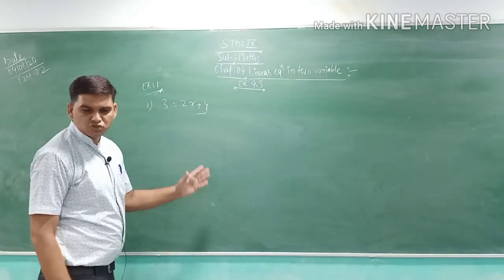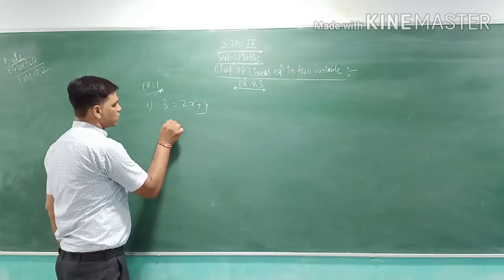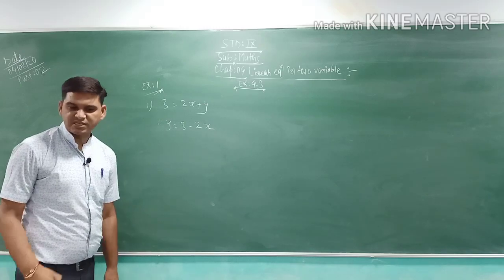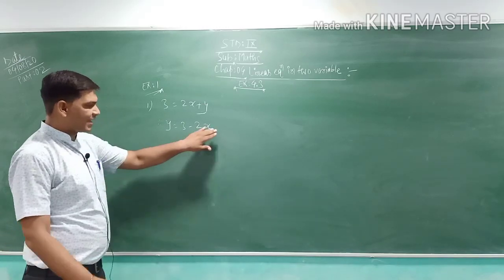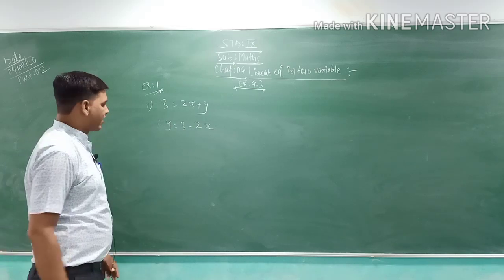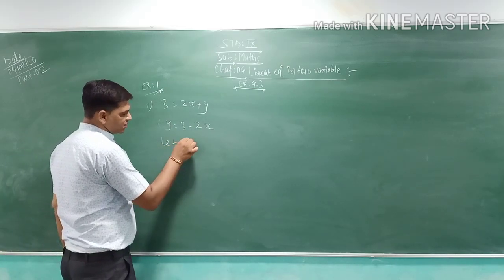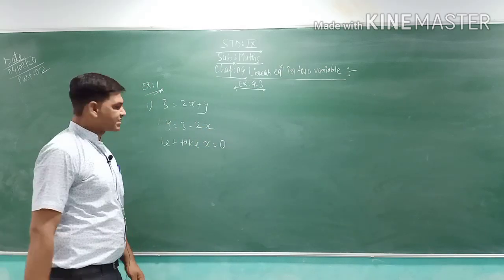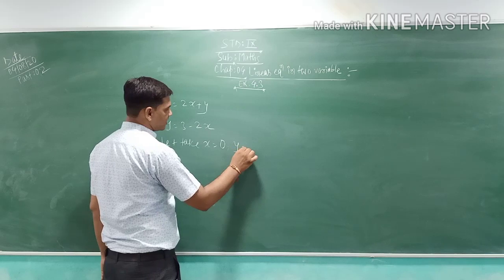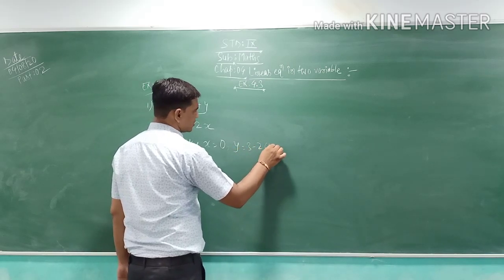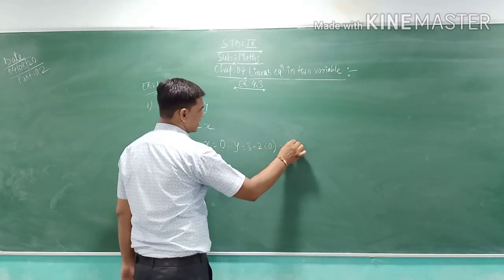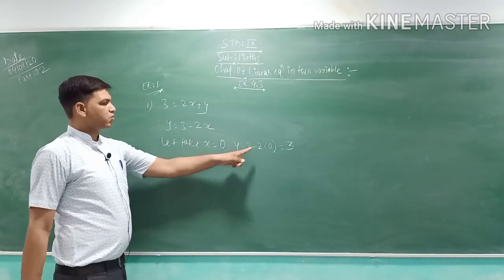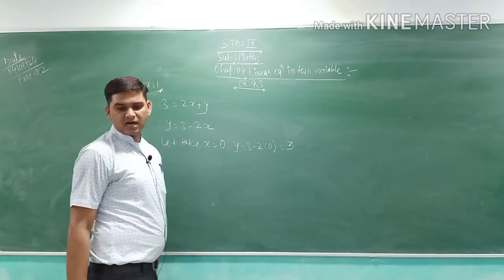So first of all, I wish to find the value of y. So y is equal to 3 minus 2x. You have to make the equation in this form. We always use the value of x first, and then we find the value of y. So let's take x equal to 0 first. Then y is equal to 3 minus 2 into 0. 2 into 0 is 0, and 3 minus 0 is 3. Then y equal to 3, right?